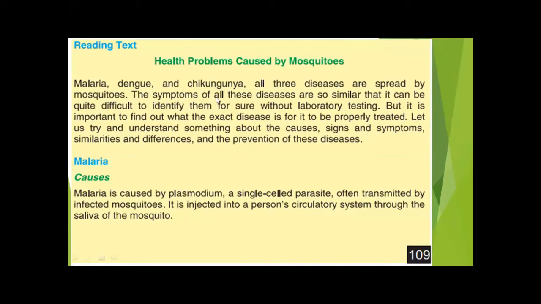The symptoms of all these diseases are so similar that it can be quite difficult to identify them for sure without laboratory testing. But it is important to find out what the exact disease is for it to be properly treated. Let us try and understand something about the causes, signs and symptoms, similarities and differences, and the prevention of